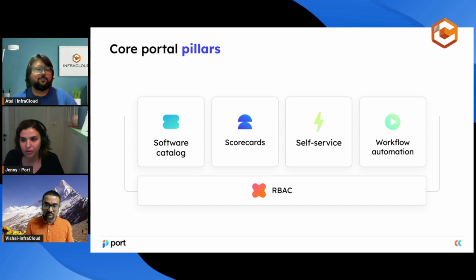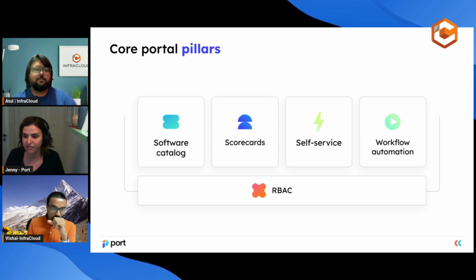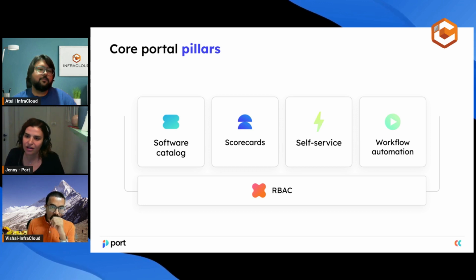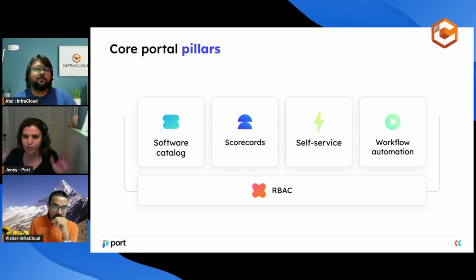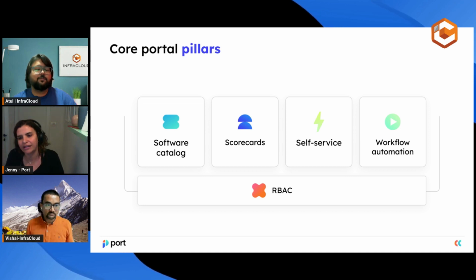And if you remember, we talked about personalizing the portal, and personalizing the portal is not only putting in nice logos and colors, etc., but it's actually showing different personas different things in the portal. Me as a developer, I don't need to see the same thing. Me as a front-end developer, I don't need to see the same thing as a back-end developer, maybe. And me as a developer, I don't need to see the same thing as my AppSec or an SRE, etc. And RBAC is what allows you to create this kind of personalization so that everyone sees only what is relevant for them, and we are avoiding all the cognitive load that way.